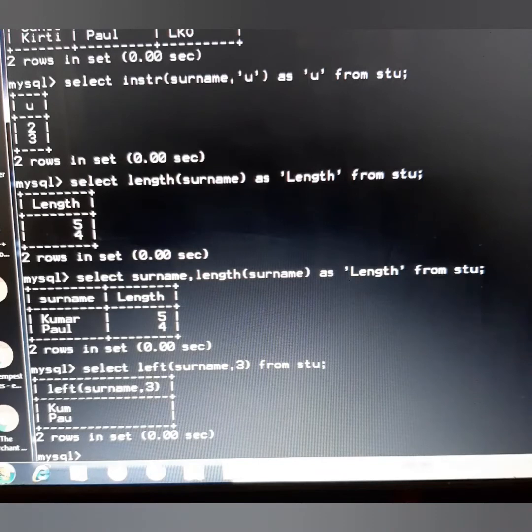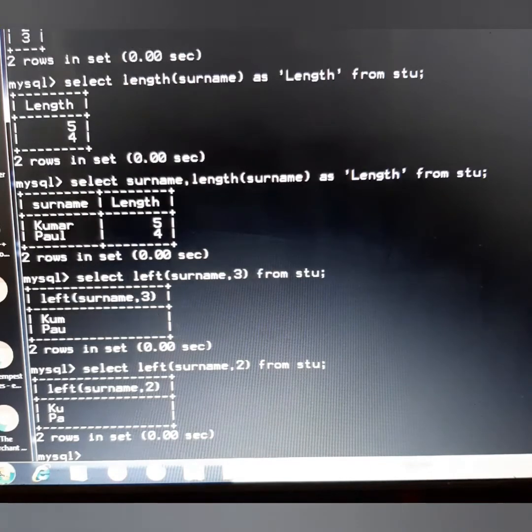So it will take out only 3 characters from the leftmost part of the names which are there in the surname. Similarly, in the case of right, may I write here 2 characters, so it will carry out only 2 characters from the right. Sorry, I should write here right.